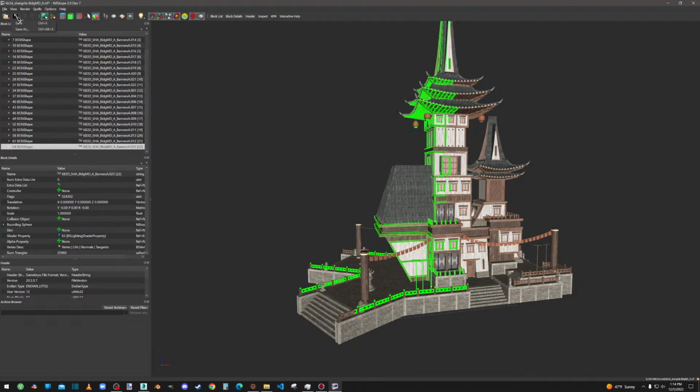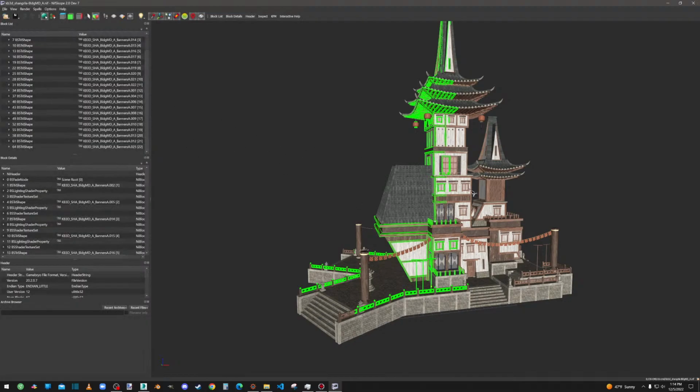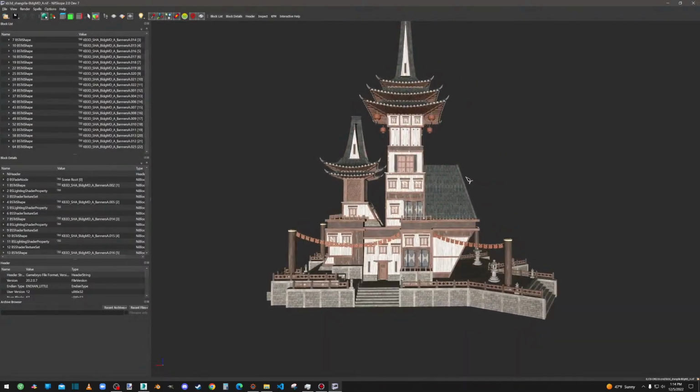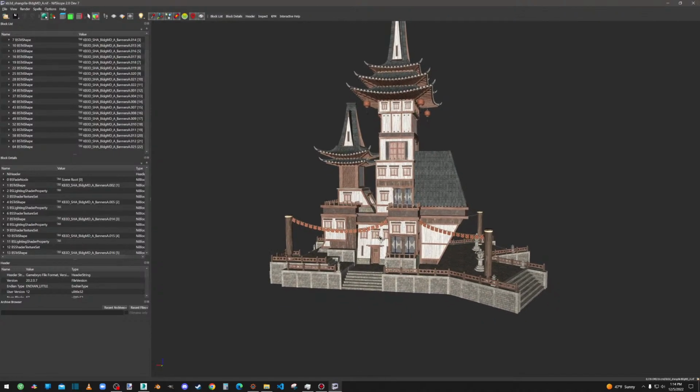Update bounds, and that's it. Oh, one more step actually. We're gonna batch update all the tangent spaces on all this stuff, and now that's it. This building complete. Actually, it's not complete. It needs collisions,